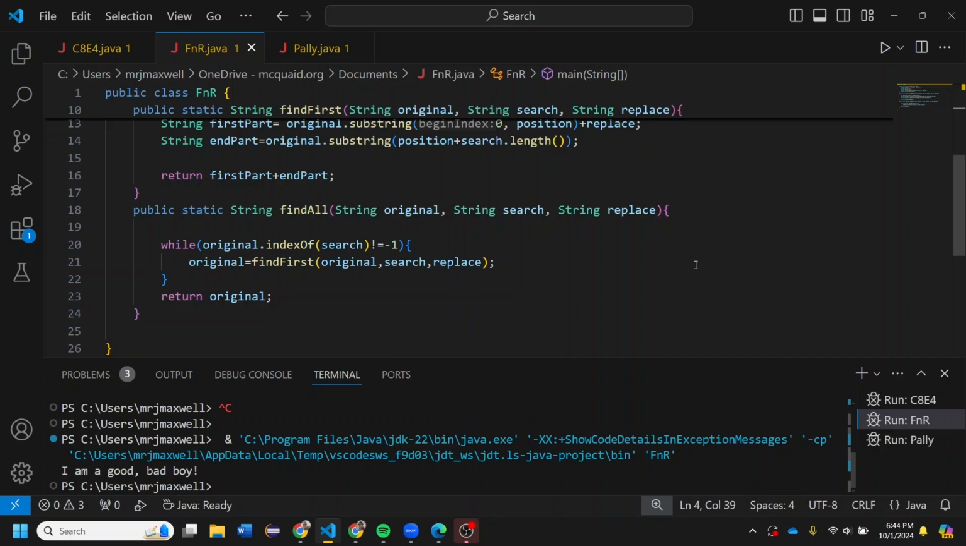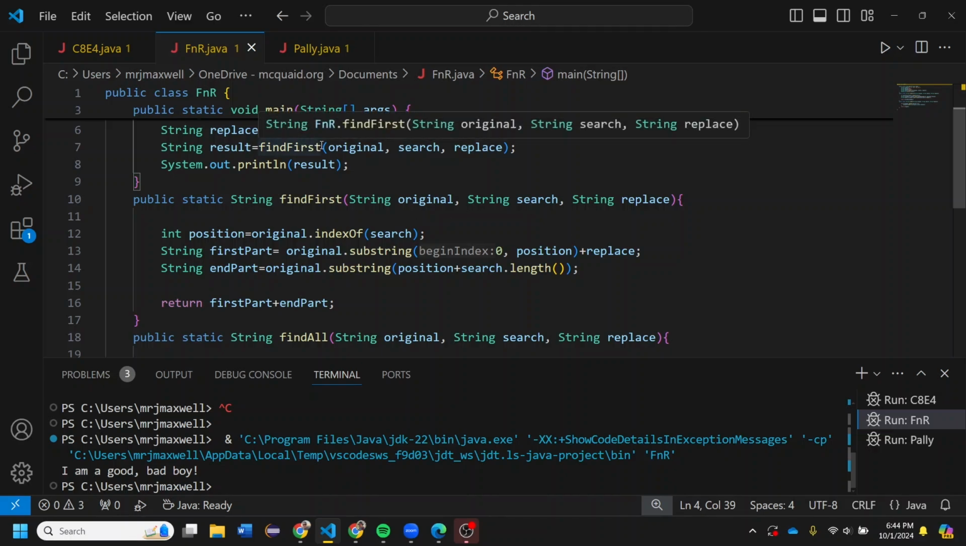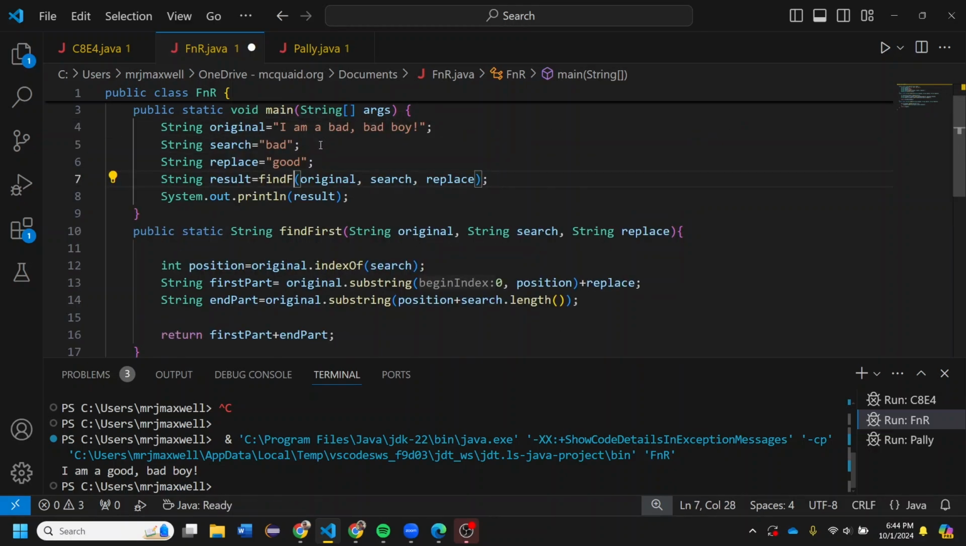But while original.indexOf(search) is not equal to -1, recall indexOf returns -1 when the search term is not found in original, we just say original equals find first, original, search, and replace. And when the while loop stops executing, we return original. So find first does all the work of find all, and we're just going to change this to find all